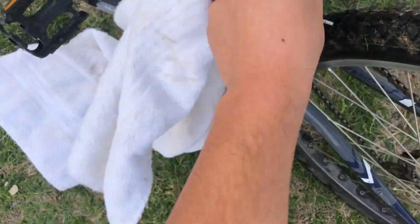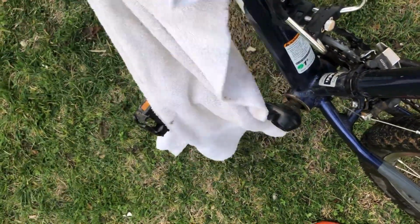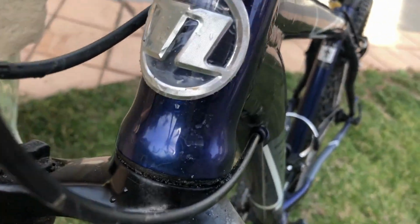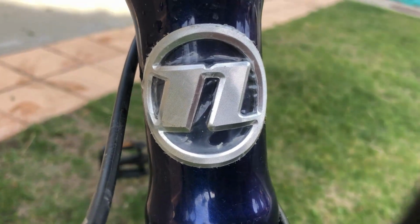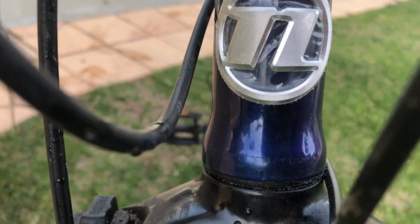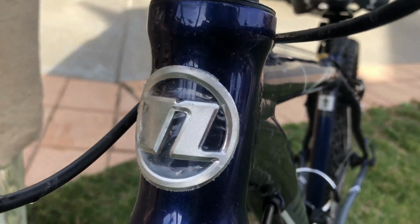But yeah, if you guys like my other how-to videos, then you're probably gonna like this one because it covers kind of the same stuff. Clean off the badge. Yes, my bike has a badge. And actually, the texture is kind of like carbon fiber a little bit. See those lines? Really cool. It's not black like carbon fiber, and it's probably not as expensive and lightweight as carbon fiber, but